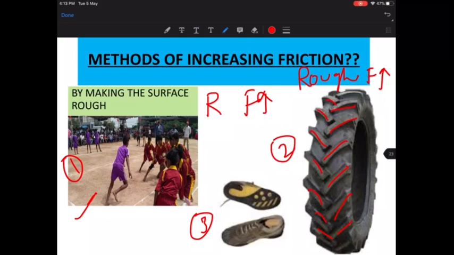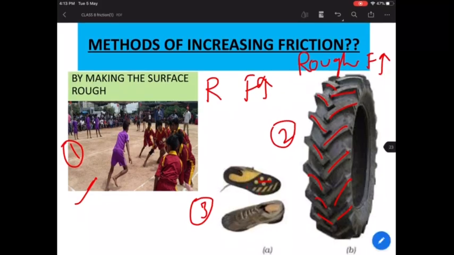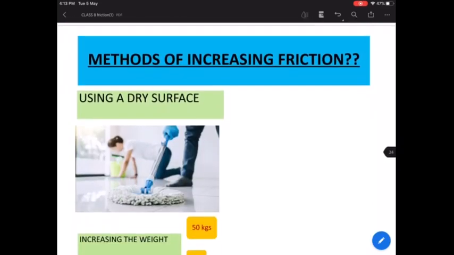Okay, also under your shoes, if you see the soles of the shoes, you will find such designs. Those designs are also for this very same purpose. You know that the designs are going to make the surface rough. So please note down all these points in this sequence only. The designs are going to make the surface rough, and because the surface is going to be rough, it'll have more friction, and because of more friction, it is easy for us to walk on any surface. We won't be slipping. We can have a good grip of the surface.